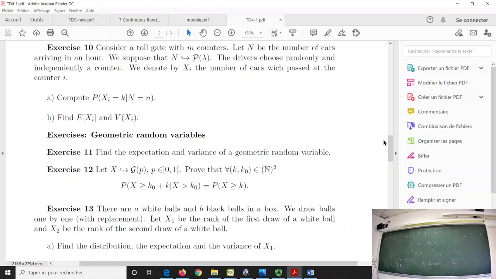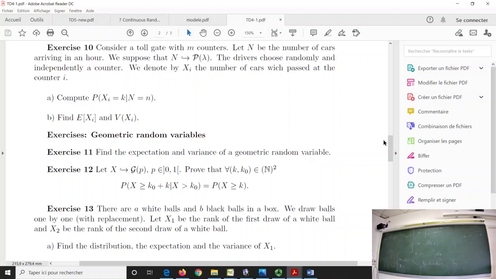To count the total number, it's just to say 1 if it passes, 0 otherwise, and you do the sum. Okay? I repeat, it's exactly the way you count. If your job is to count the number of cars, it will be exactly what you will do. One car arrives, 1 if it passes, 0 otherwise, 1, 0, and you do the sum at the end to be sure to have the total number of them.